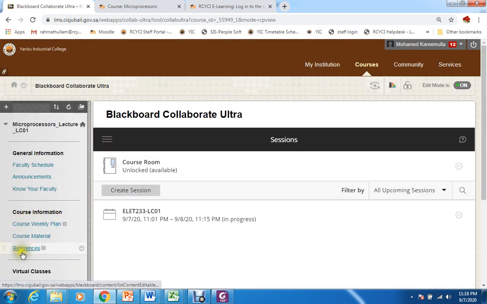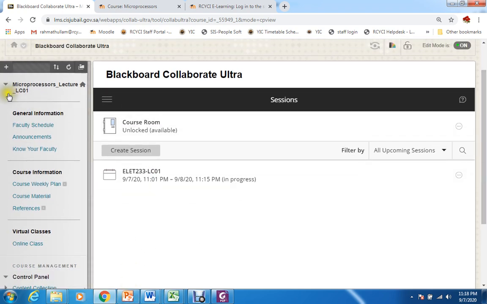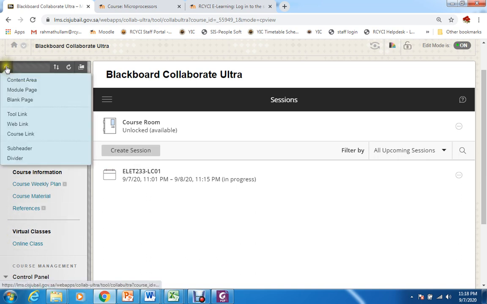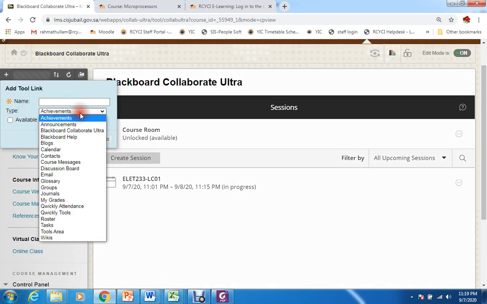You can keep uploading the data. Let me summarize what I did here. First I started with creating the menus. How to create the menus? By two methods. One is using the content area, the next one is the tool area. In the content area, you have to upload the data from your side. Tool area means that you are using the built-in things. Normally we can use it for everything, but for now we used one for announcements and the second one for the Blackboard. We used only these two built-in tool links.